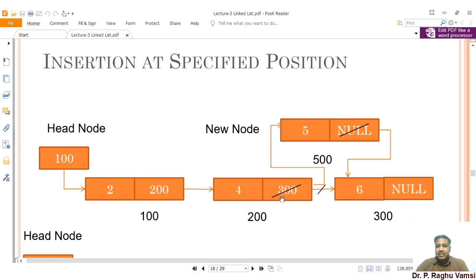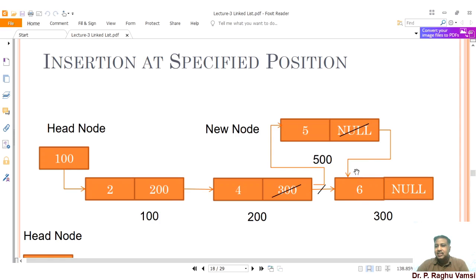So whenever you traverse, for example, you are supposed to insert this newly created node after 2, that is at the third position: 1, 2, 3. Assume that this is the third position. Then for the newly created node, you have to remember the previous node, that is 4, and the 4 node's next must be given to the new node, and the new node's next must be given the previous next of 4, that is 6.